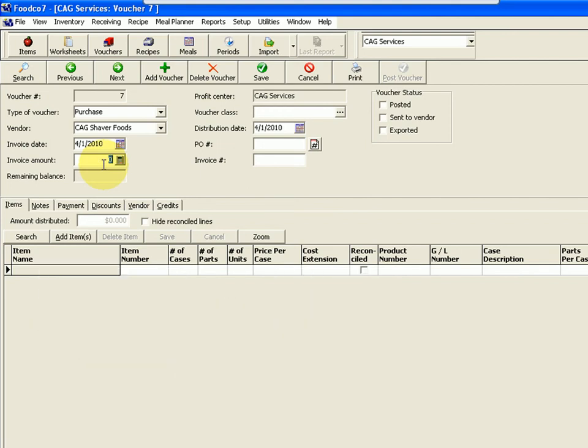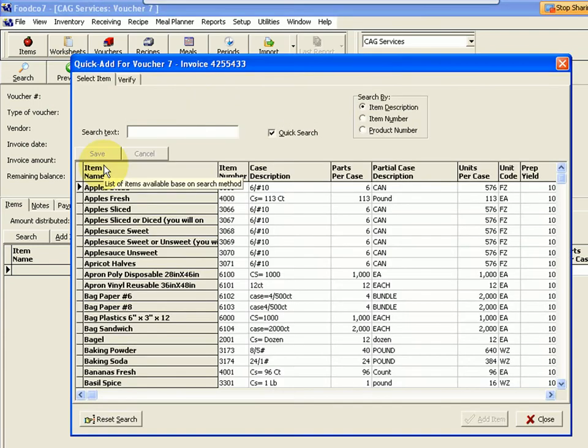You would enter in your invoice amount, and I'm just going to put in $1,500, and then the voucher class. Again, the distribution date is the date the product was received or a date that belongs in the current accounting period. The PO number you don't need to worry about. The invoice number, you would just type that in, whatever it says on the invoice. And then when you press Tab off of that, it's going to bring up the quick add